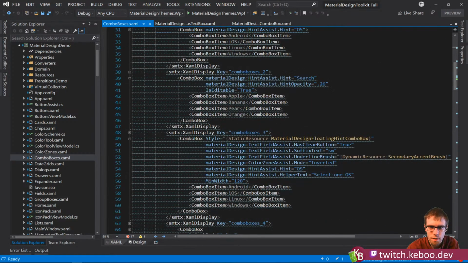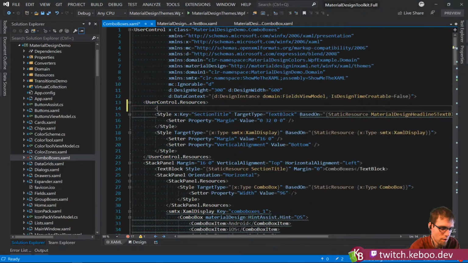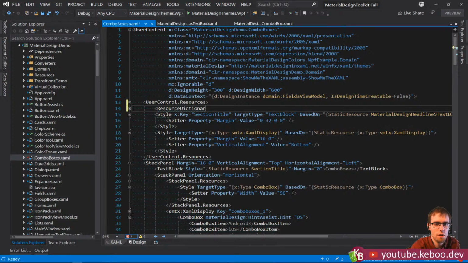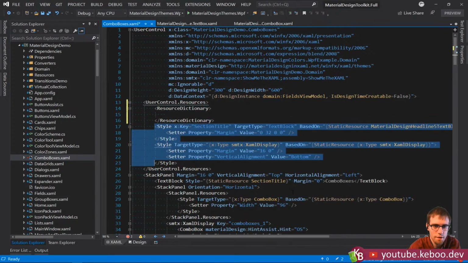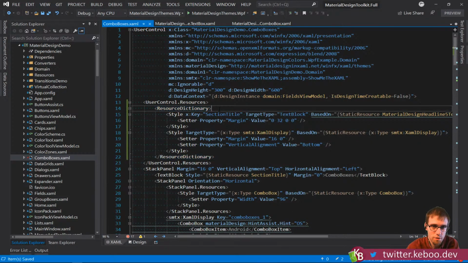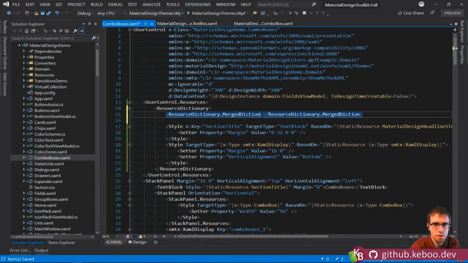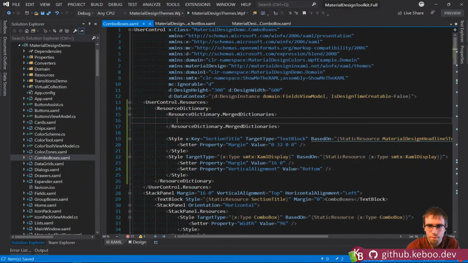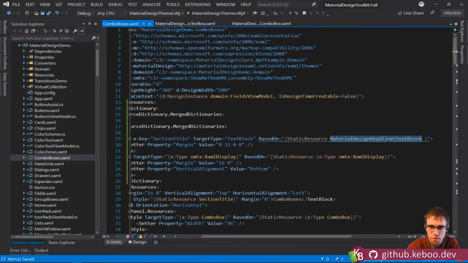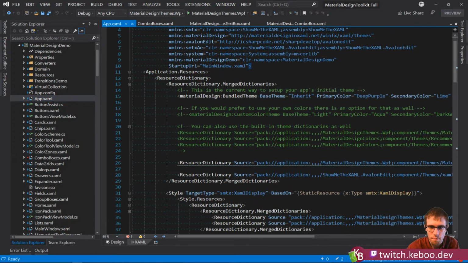This guy appears to have some errors. So let's clean some of these up real quick while we're in here. So resource dictionary, and we're going to put all of you guys in here. By default in WPF, the resources collection has an implicit resource dictionary, so you don't need to always declare this, except in the case where you want to specify merge dictionaries, which is what we want to do. Let's see, merge dictionaries. Boom. So specifically I'm seeing that this is referencing material design headline output, which means I want to grab,